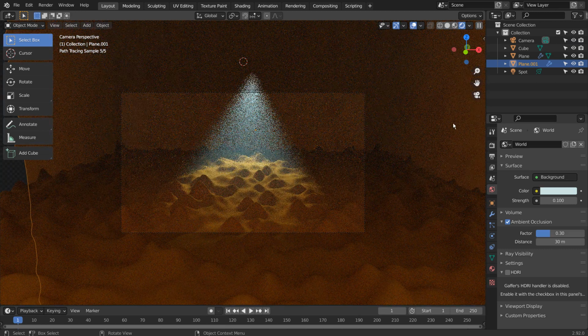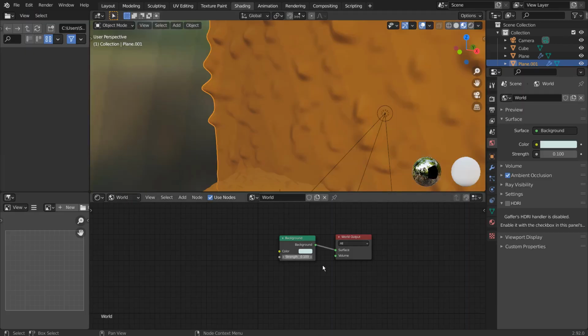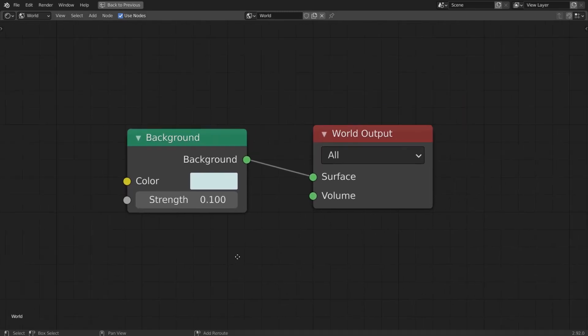I'll show you how the settings were tweaked by zooming into the node settings. Here are my world background nodes.